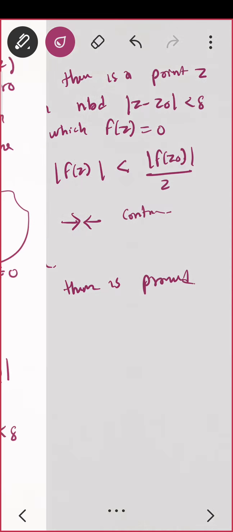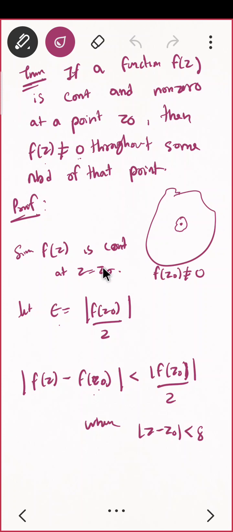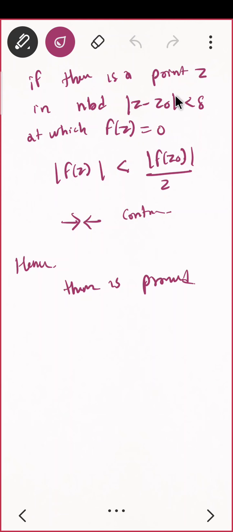Correct. Let us see once again what is the definition. Once I use the definition of a continuous function, we are choosing epsilon as this one. Now you can choose epsilon as mod f of z naught by 3, 4, anything you choose. The thing is that what I want to claim is that this function is non-zero throughout some neighborhood of the point. So this is a neighborhood I am having, correct? So let us use this one only. Suppose there is a point z in the neighborhood mod of z minus z naught less than delta, at which the function is 0, so I will be having a contradiction here, correct? What is my contradiction? Mod f of z naught is less than mod f of z naught by 2, which is wrong,